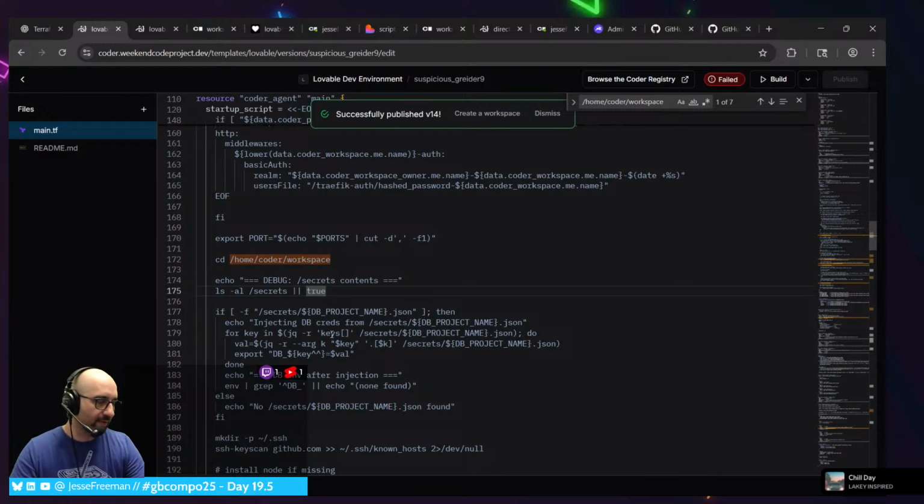So the idea is that I need this system to be very generic, since there are multiple databases that I might be working with. I might be using Supabase, I might be using MySQL, or whatever it is. I want to be able to just start any one of those projects in my dev environment, and whatever the authentication is for it, and whatever it needs, because each database sometimes needs different things, it just needs to write all that into a JSON file into this auth folder that I've created.